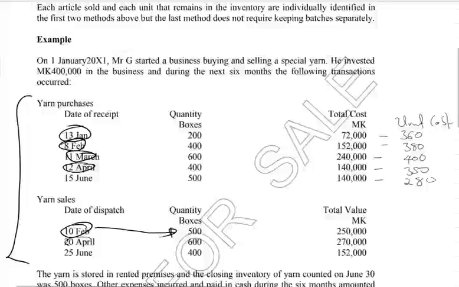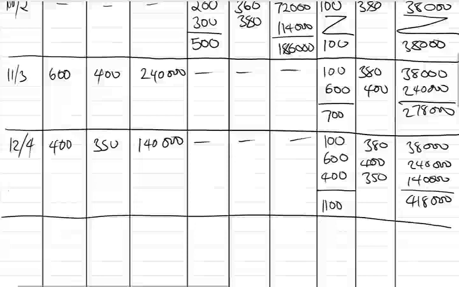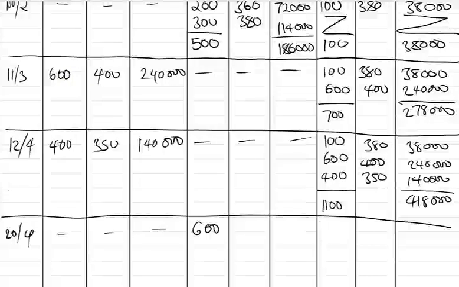The next date is on the 20th April. That means they sold 600. I said you never use the values of the selling price. No, we use the cost. So we're going to say 600 is the one that was being sold, right? So on 20th April, we have nothing on the receipt, but we have 600 issued. But it's first in, first out. That means we'll start selling the 100, because those are the ones that came in first at 380. That means the remaining 500 will come from the 600. That means it's going to be 500 at 400,